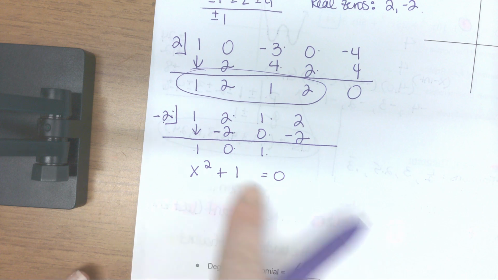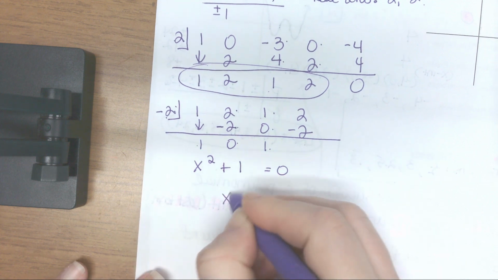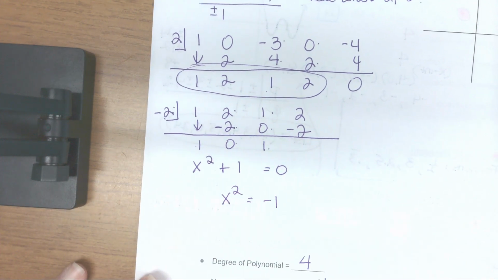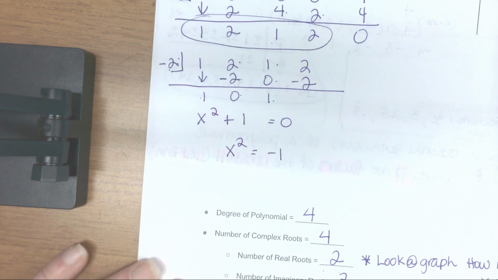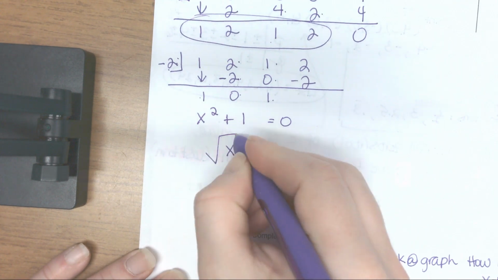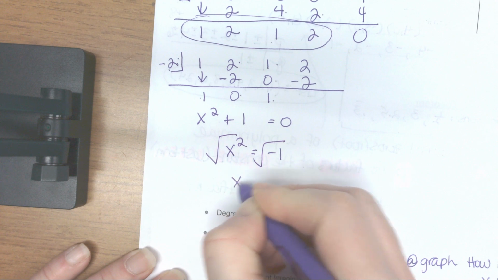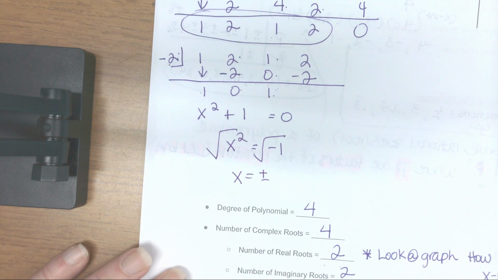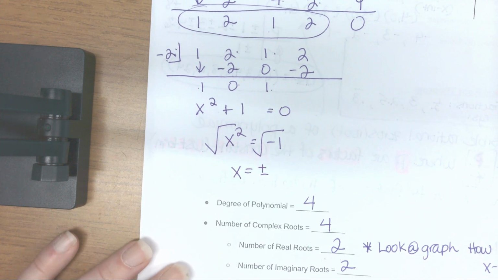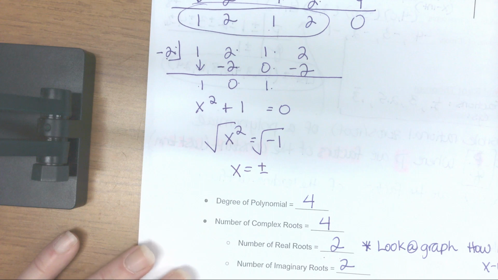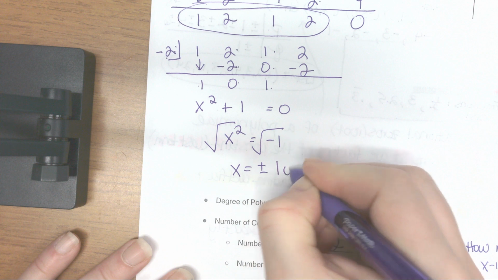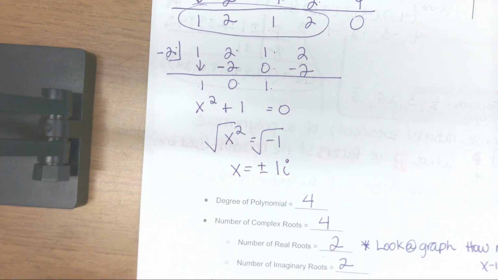Let's move the 1 to the other side. We solved things like this. We took the square root, we added a plus or minus, and what did we have to add also into that expression? What's the square root of a negative? There has to be an i. All right,